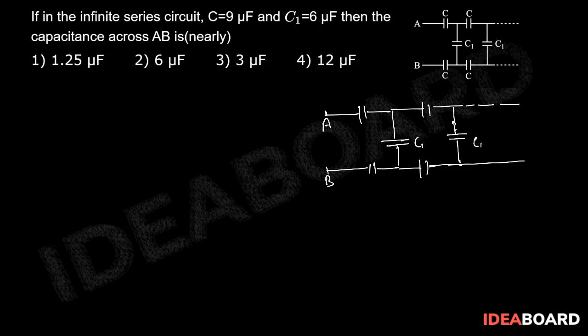So what does it show here? If, for example, you don't see this part for a while, then do you think the remaining part is actually giving the same thing which is given in the question? What do I mean? Suppose I remove this part from this, again because this is an infinite series, all parts will be the same only. So suppose that remaining part is having the capacitance X.